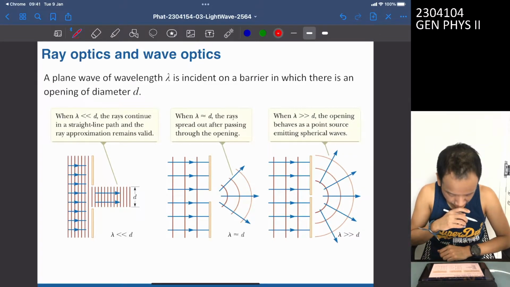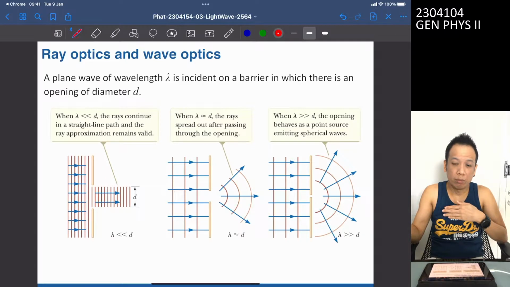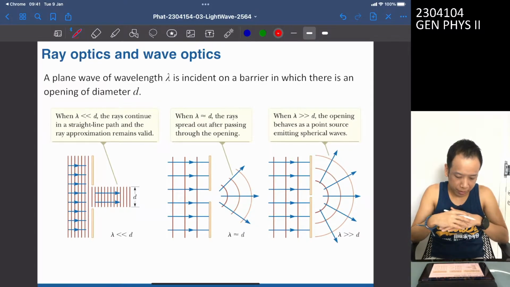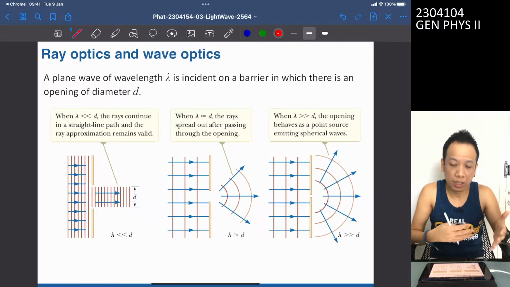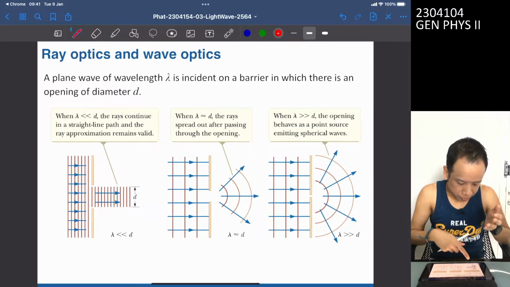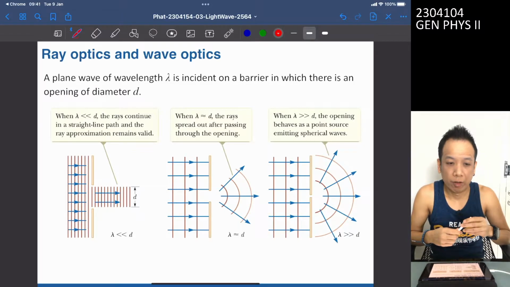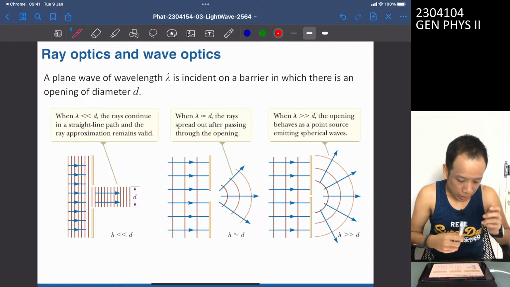If the aperture is really big compared to the wavelength of the light, which we're going to see how it is measured at the end of the class today,